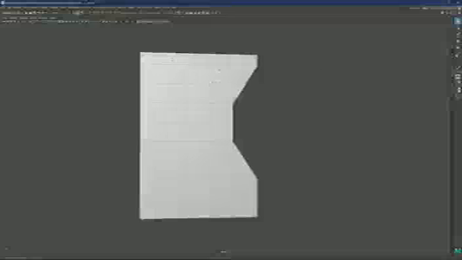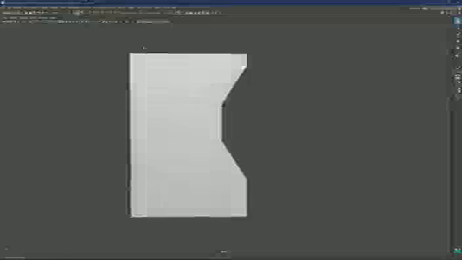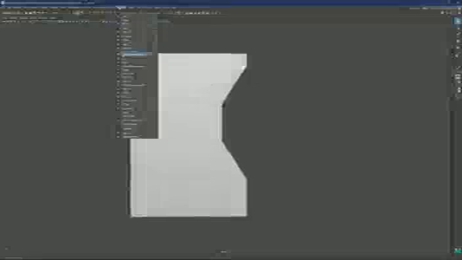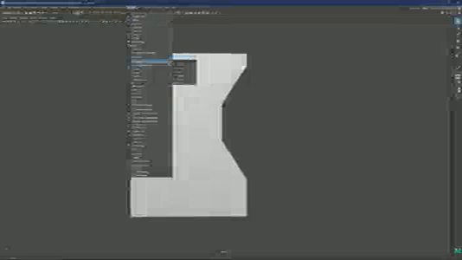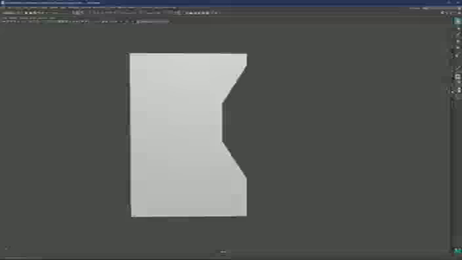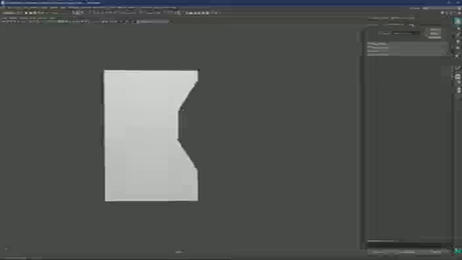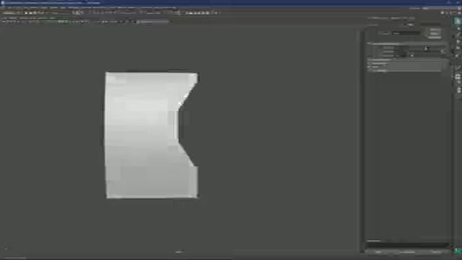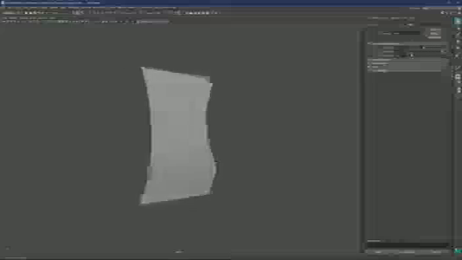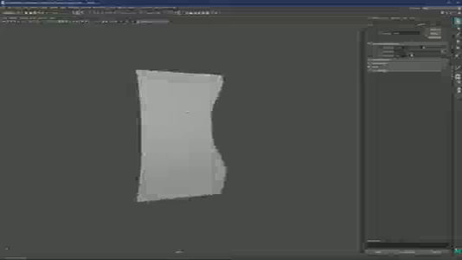But since we're using sub-D modeling, a lot of those surfaces are going to be bent or on some sort of angle. So in many situations, you will not work with flat surfaces. That's what I'm trying to say.